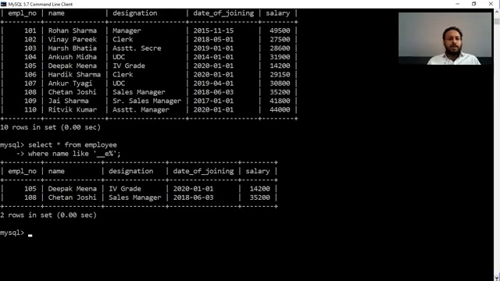Let's take one more example. My question is: display the details of all employees whose second character is A. Select star from employee where name like, second character, so one underscore will be there, then A, and percent after it.